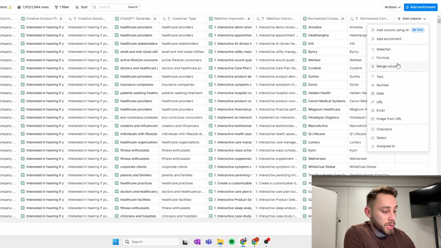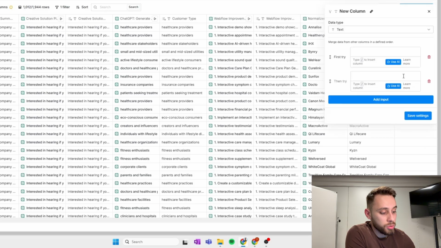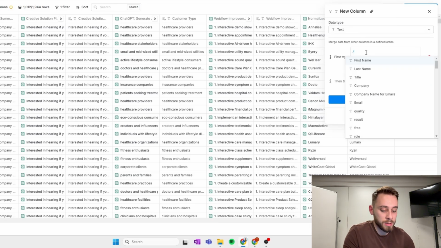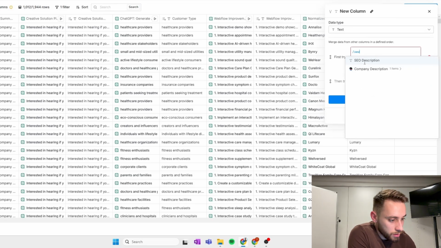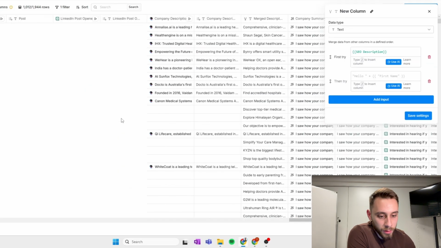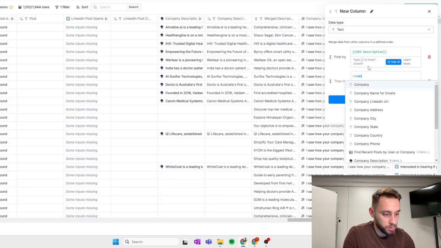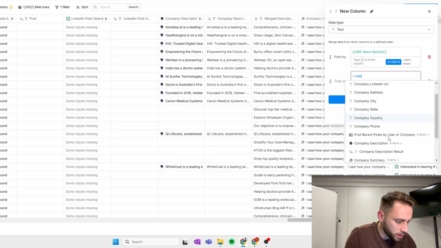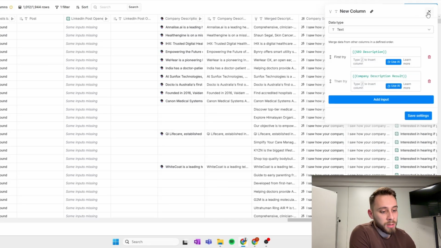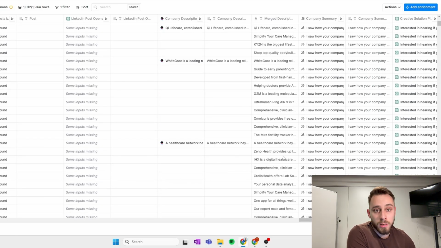So what you're going to do here is merge the columns, and you're just going to point it to the 2 columns. So in our case, it's SEO description, and then we have company description response. You can name them to make it easier for you. And that would just create this merge description column that you see here, which allows us to have a comprehensive